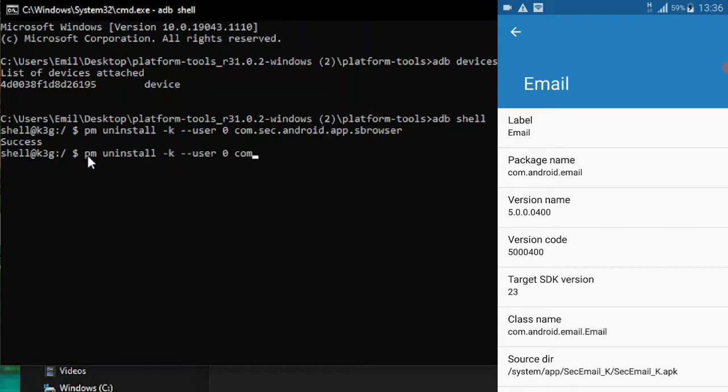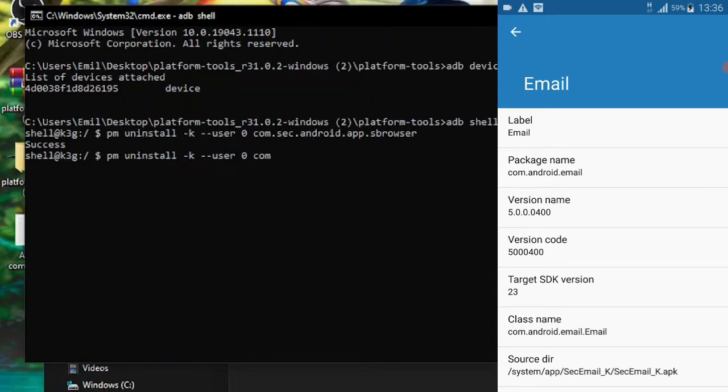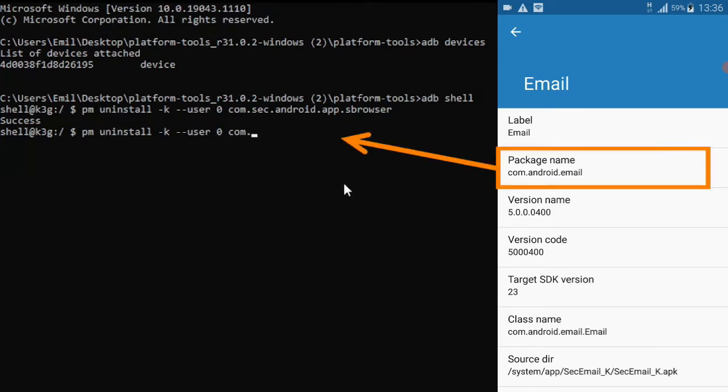Now I need to type the entire package name in this command prompt. So in my case, com.android.email. This way you can uninstall any system app.